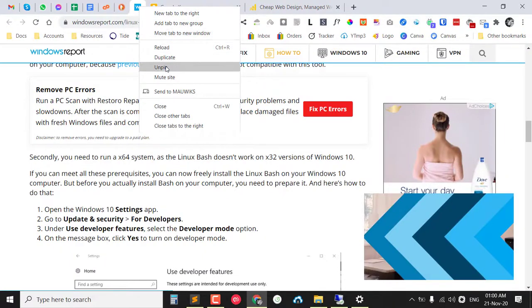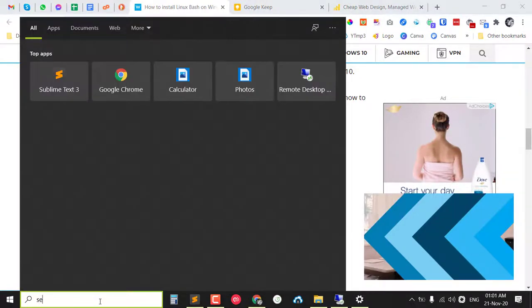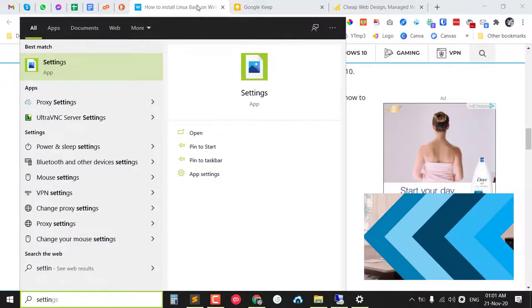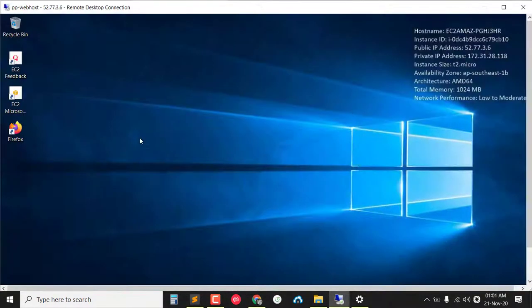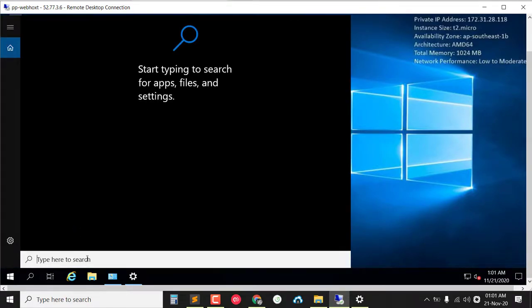Okay, so let's proceed. Open Windows 10 settings. So they want us to open the settings. Oh, sorry. This is the one that we are using right now on my end. But for you, if you haven't yet installed this type of subsystem for Linux,